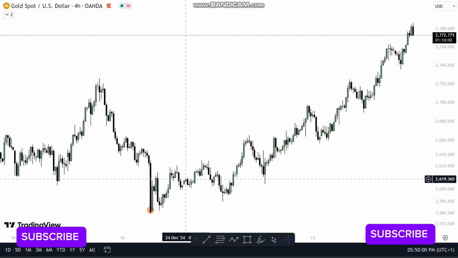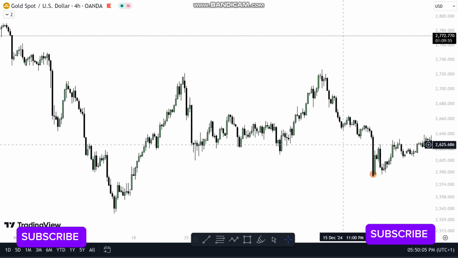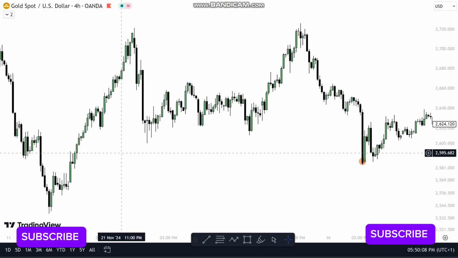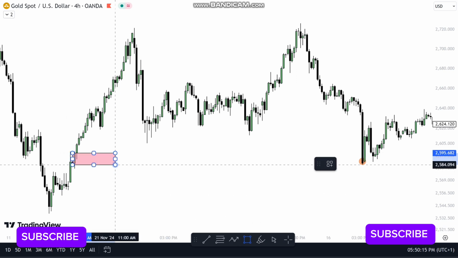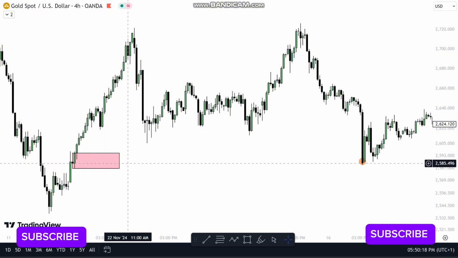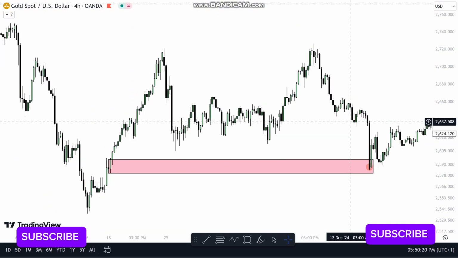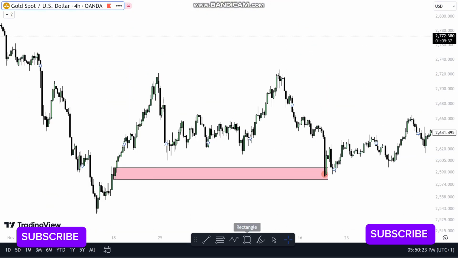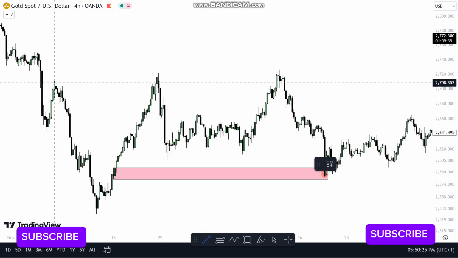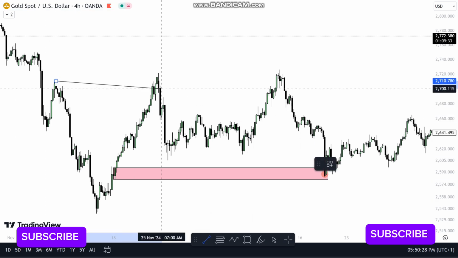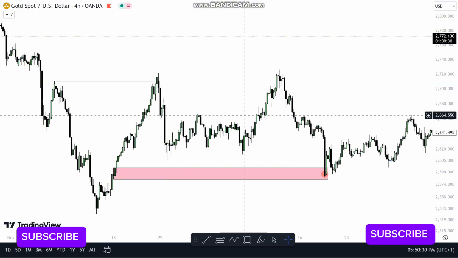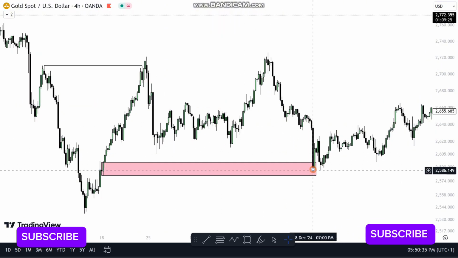And which zone caused price to change character here? Let's look to the left side. If you look here, this is the zone here. This is the 4-hour time frame, this is a clean demand area, which also caused what? A break of structure to the upside. This is a break of structure right here. So that is why it was a very valid demand area, and price just came all the way down,